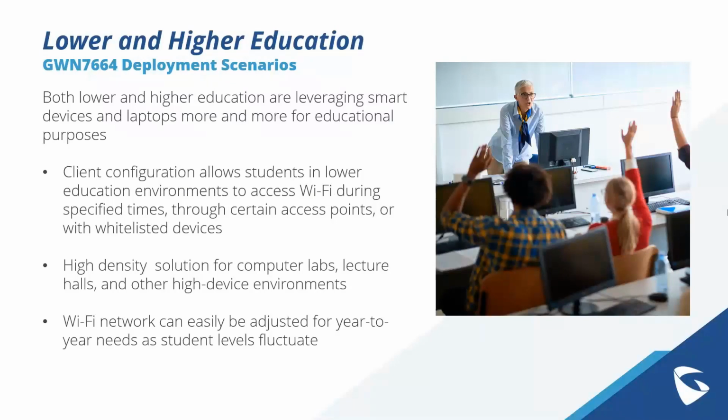Of course, in a lot of public education settings and private education settings, you don't want to just give students access to use Wi-Fi for anything. That's more of a deterrent to education in some cases than it is to supporting it. So the GWN series is capable of setting up certain websites, specified times, or specified whitelisted devices as well. So this is, though, when it comes to the 7664 specifically, more ideal for high